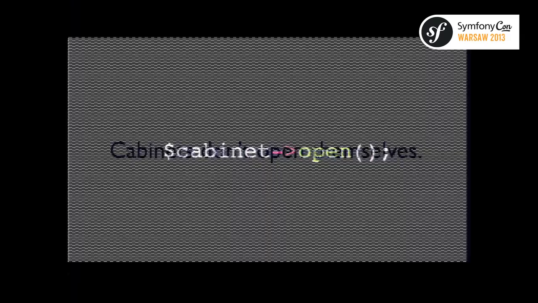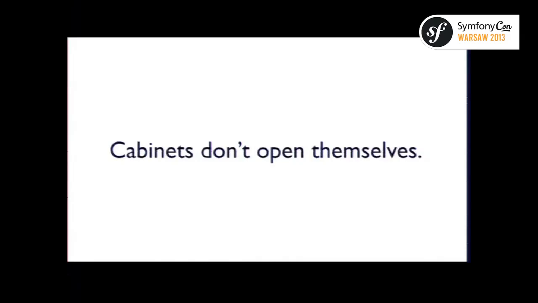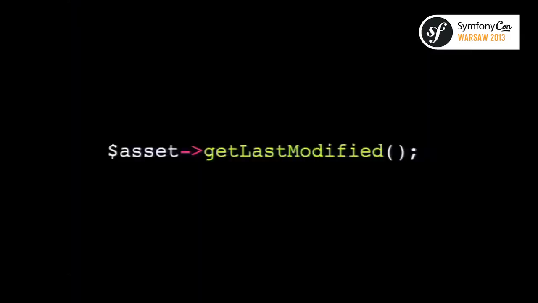My point is that, at least in my house, cabinets don't open themselves, right? There's something that comes along and opens the cabinet, and then the cabinet has a state of open. But there's something else that comes along and does that work. In a more practical real-world example, inside of Ascetic recently, when we first built Ascetic version 1, every asset has